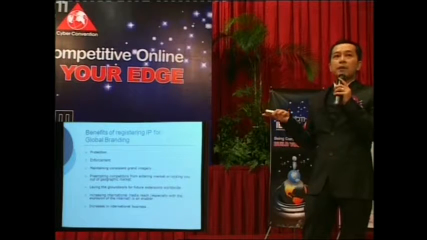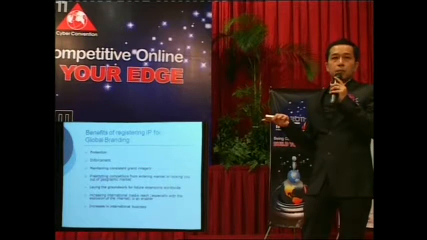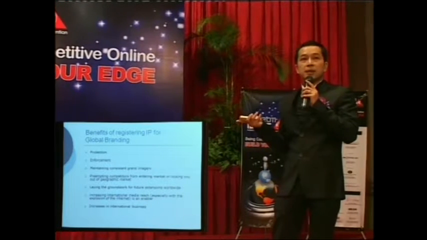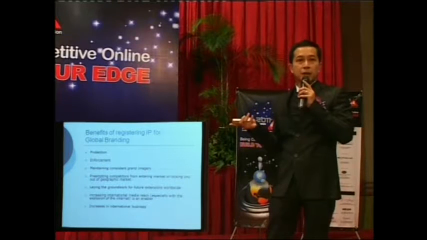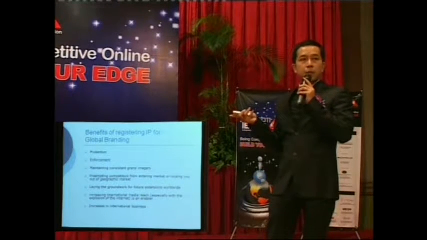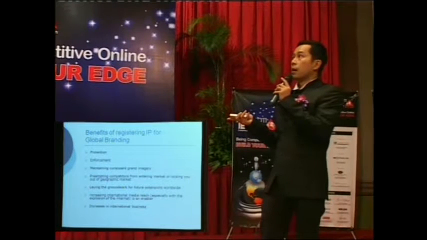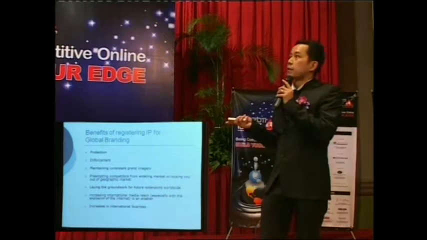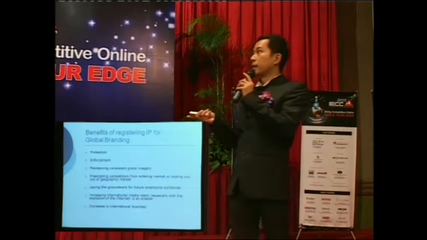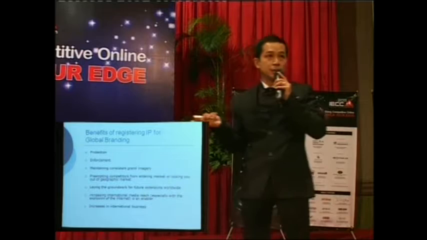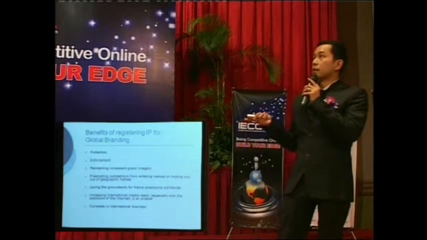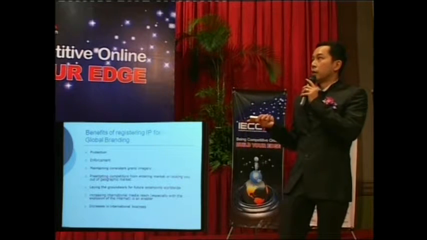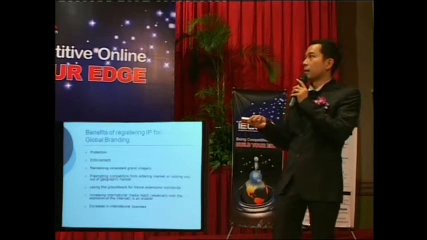Enforcement: once you have title of ownership, you can proceed with infringement proceedings. You can issue a cease and desist letter to the infringer, stopping them from using, distributing or promoting your mark. Okay, so you can maintain consistency of your branding and avoid competition. So once you get your mark registered, competitors can't use your mark anymore to play any tricks. Okay, and